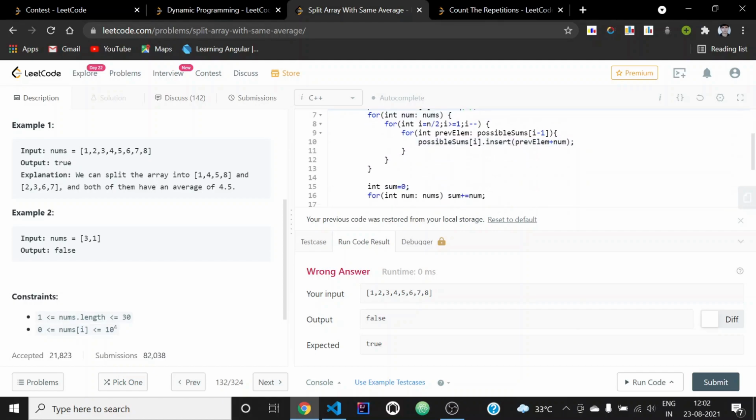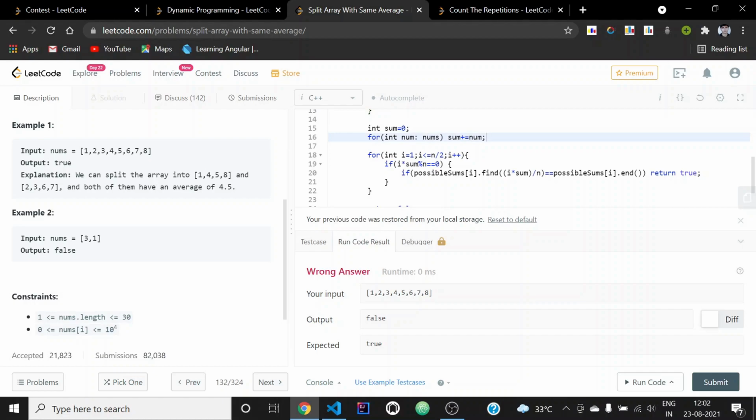This also looks fine. Okay, the mistake was here, like what i should be equal to. So let's run again.